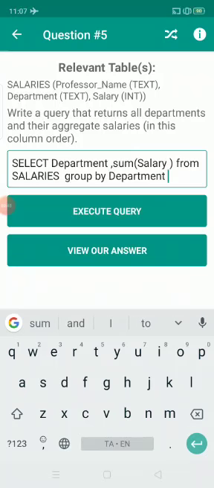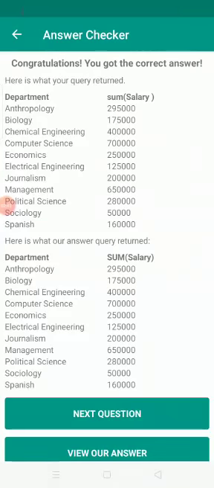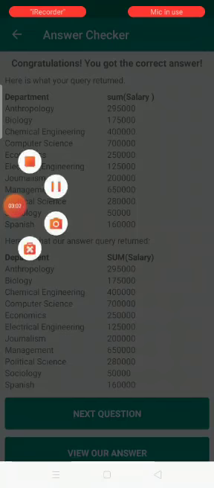Now when we execute the query, it gives the department wise aggregate salary, for anthropology, biology, chemical engineering, computer science, and so on up to Spanish. The previously executed query is also correct, and our result is also correct.